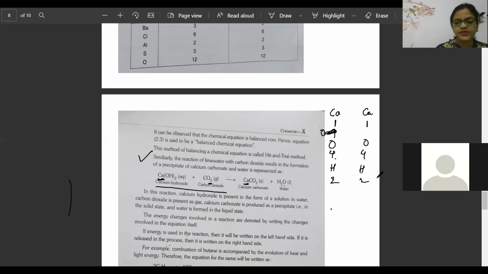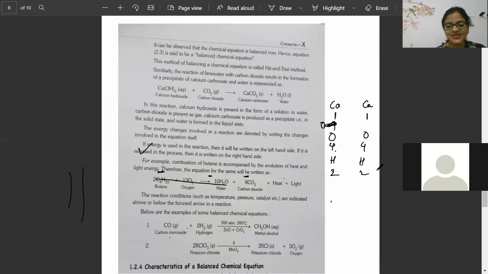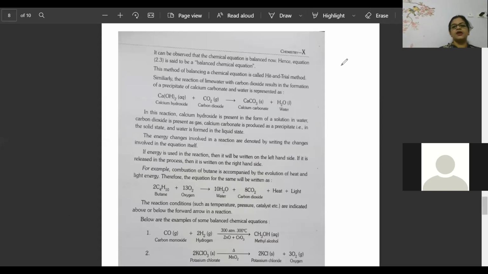Unbalanced ones. Right now, beta, we will do at least 30 unbalanced questions. Trust me, 30. Just 1 or 2 is not enough. 30 to 40 unbalanced equations you will do. I'll make you master. Don't worry about that. That is what I wanted to say. So one reaction is there. Let's see. This reaction is a balanced reaction.